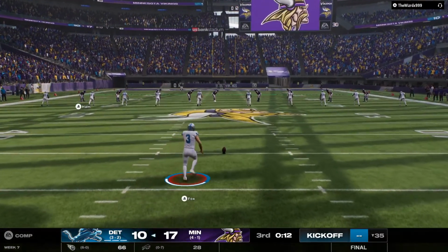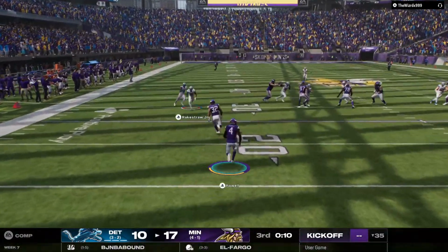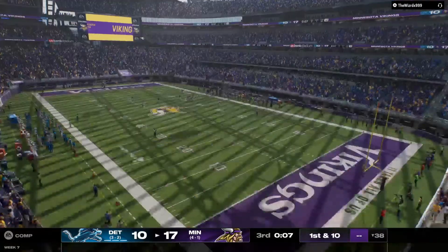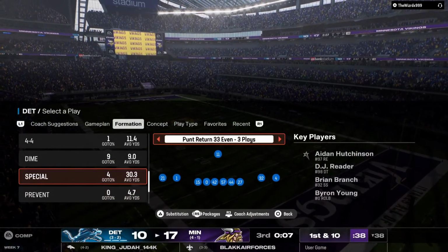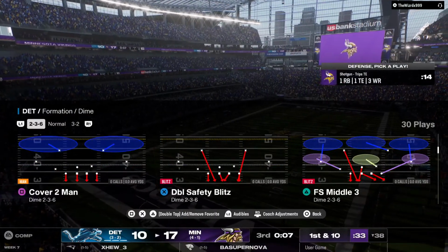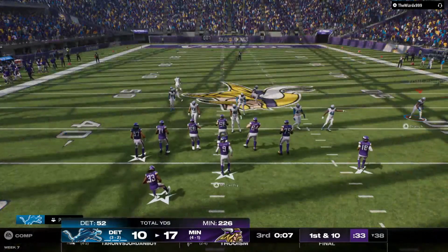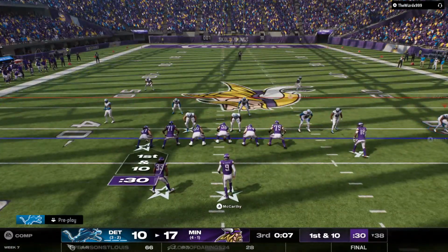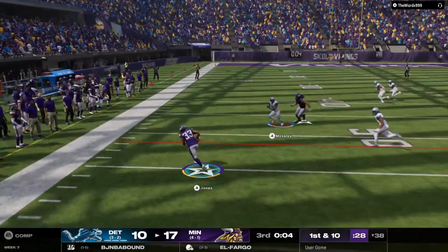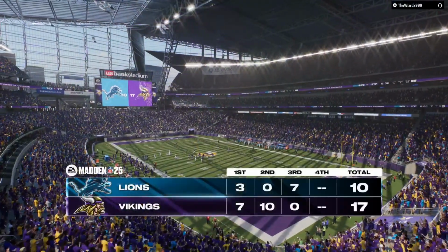Both teams ready to go once more as the kick's away. Powell now to bring it back. And he'll be forced out of bounds, but a very solid return. Now a 1st and 10 from the 38-yard line. Throwing now, it's McCarthy. That's caught by Jones out of the backfield. And it'll be brought down as we tick toward...